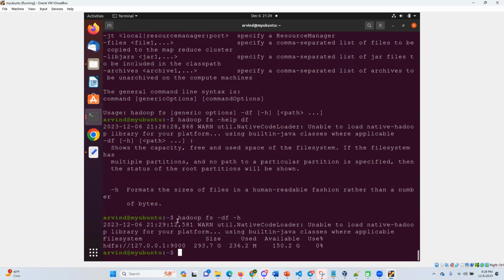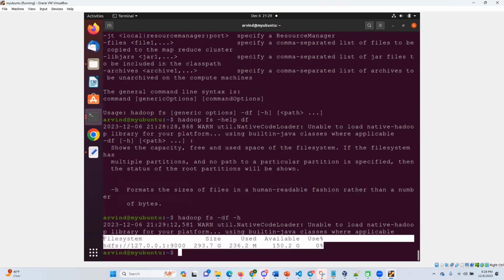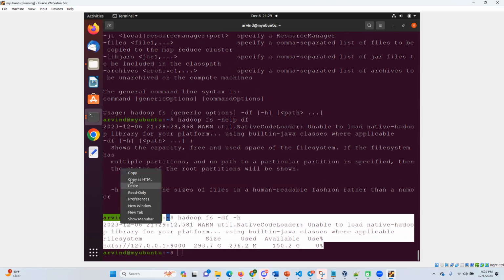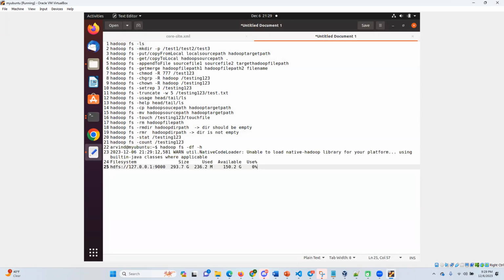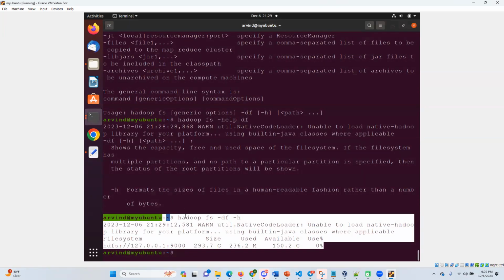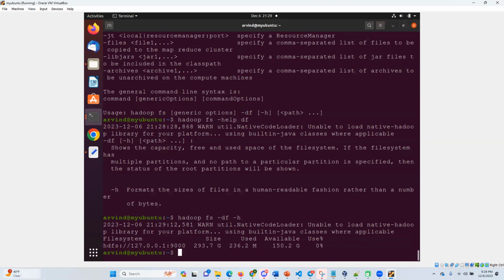There are no directories here, no need to give anything. Just give this command to see the users of the file system. So it will be showing the users. But if you want to see particular directory users, there is a du command and a dus command. So Hadoop address means